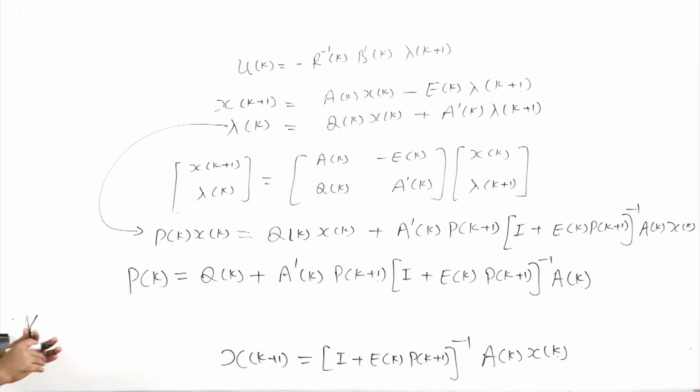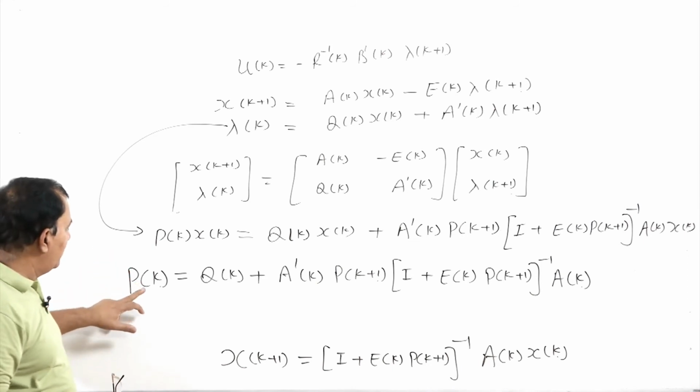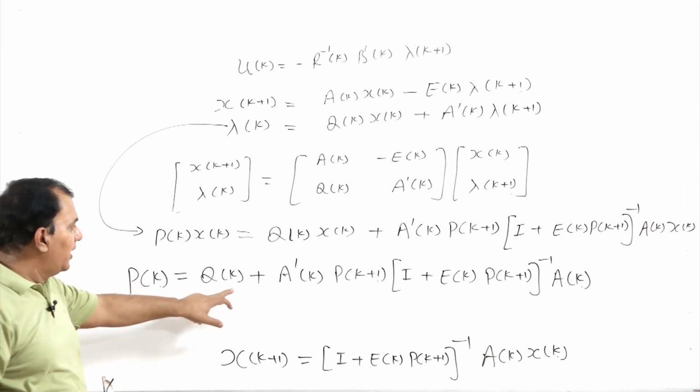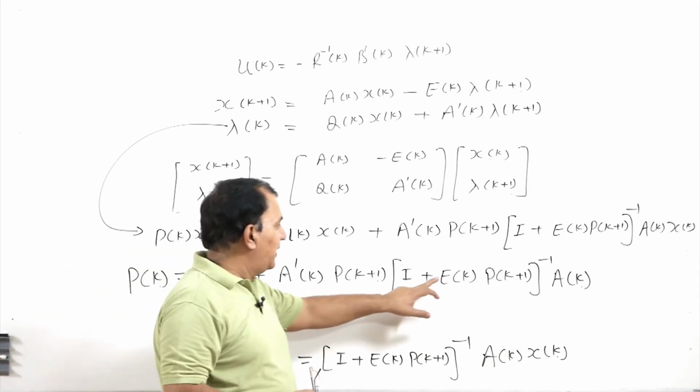So, now this equation is in terms of pk, qk, pk plus 1 and ek,